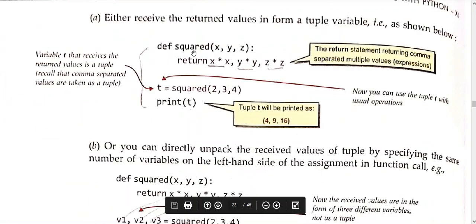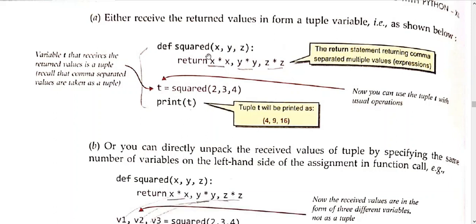Now you see this type of function, where we are using a return statement. What is this type of function called? This is a non-void function with 3 arguments because it is returning values. Okay, so it is a square function. It will help you to square the values that you are passing as arguments. So it will square x into x, y into y, z into z, and whatever is the result will be returned to the function definition here.